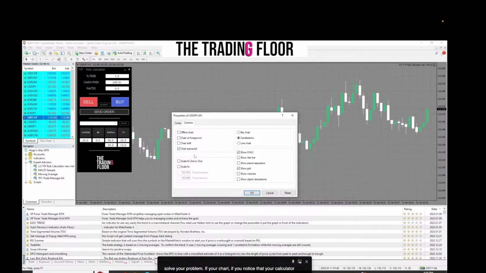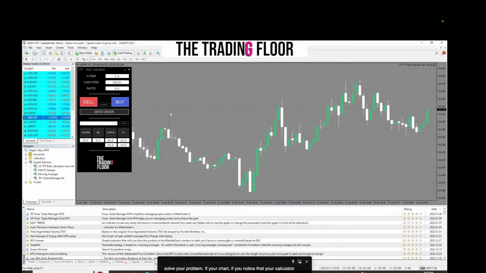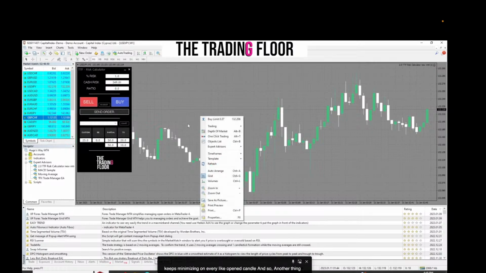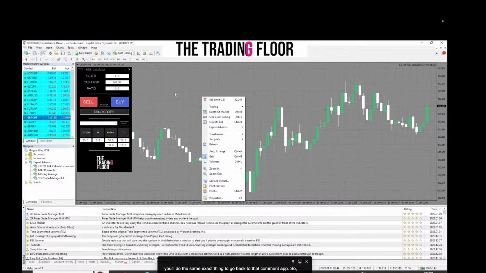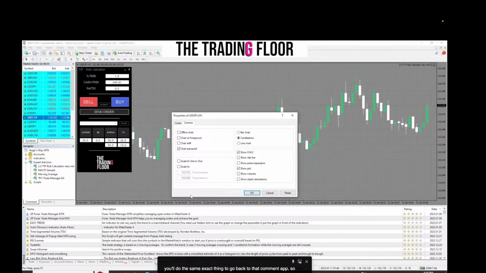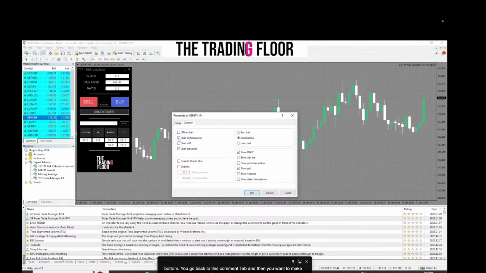opened candle. Another thing, problem number 4: if the risk calculator is behind the candles, you'll do the same exact thing to go back to that common tab. You'll right click anywhere on the chart, go to properties at the bottom, go back to this common tab, and then make sure you select chart on foreground. It should be checked off. If you check it on, I believe it'll be behind the candles. If you check it off, it'll be in front. I could be wrong about that, but whether it's on or off, just do the complete opposite on chart on foreground, and then you should be good